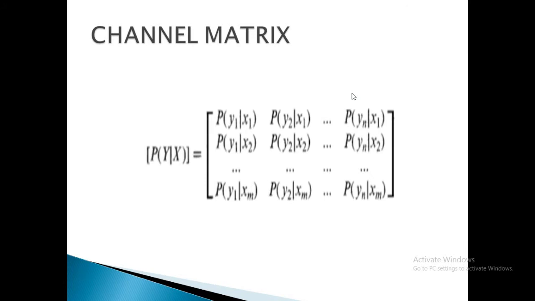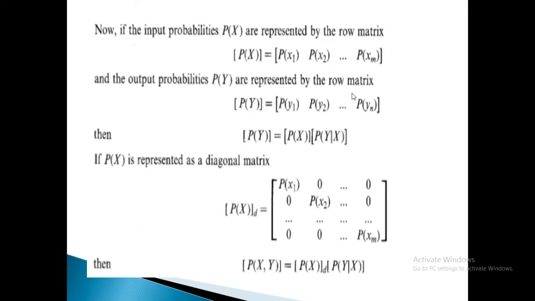And then the input probability is represented by a row matrix: P of X is equal to P of x1, x2 up to P of xm. The output probabilities are represented by a row matrix: P of Y is equal to P of y1, y2 up to P of yn. P of Y is equal to P of X times P of y given x. Here P of X is the input matrix, P of y given x is the channel matrix, and